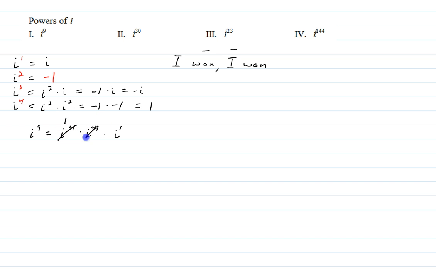I to the 4th is just 1, and so 1 times 1 times I is just I. So I to the 9th becomes I. And so we can always break it down like that, or we learn that if we take that